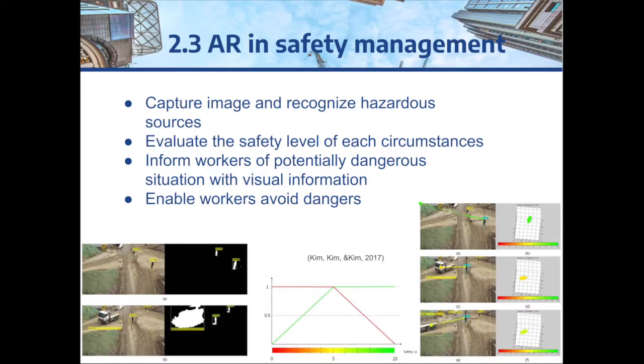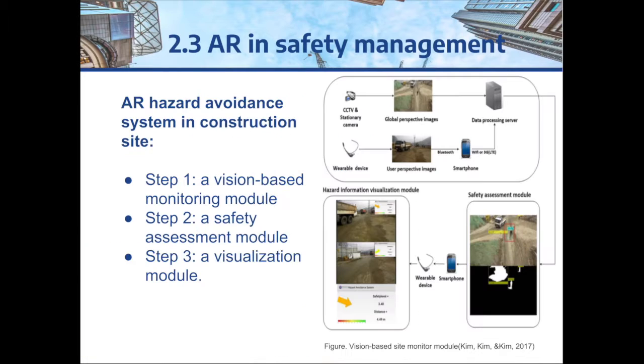With AR technology, it can proactively inform workers of potential dangers in situations. The system enables workers to recognize and consequently avoid dangers before accidents occur by displaying augmented hazard information on a wearable device. Generally, AR systems commercially available on the market in construction sites comprise three modules: a vision-based site